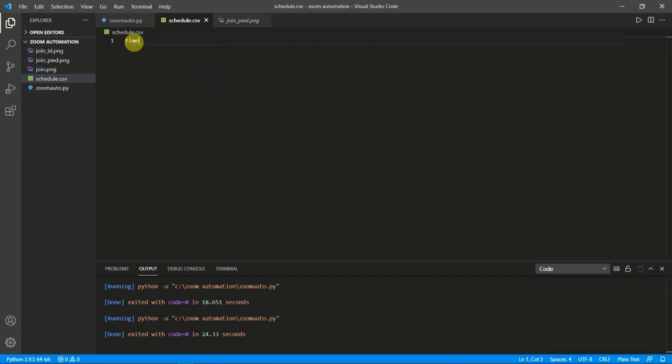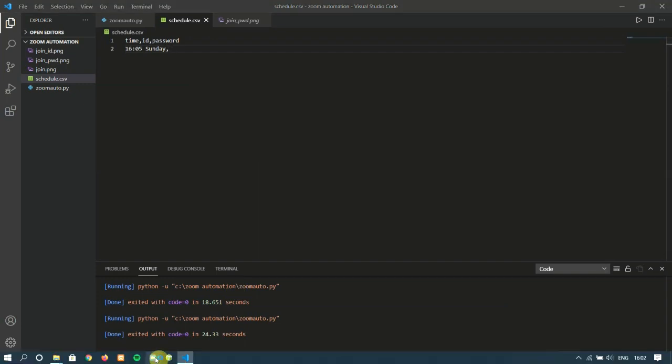So we will give time here, ID here and password, and in the next line we will give the time on a 24-hour basis, that is what's the time now, 16:01. Let's try 16:05:05, and we will give the day.